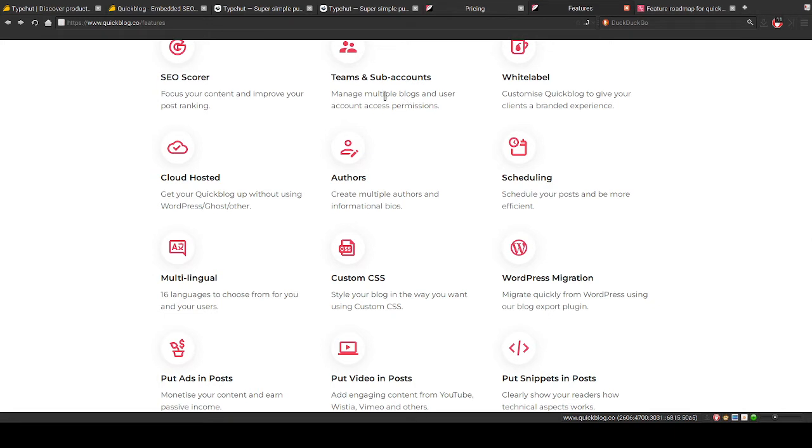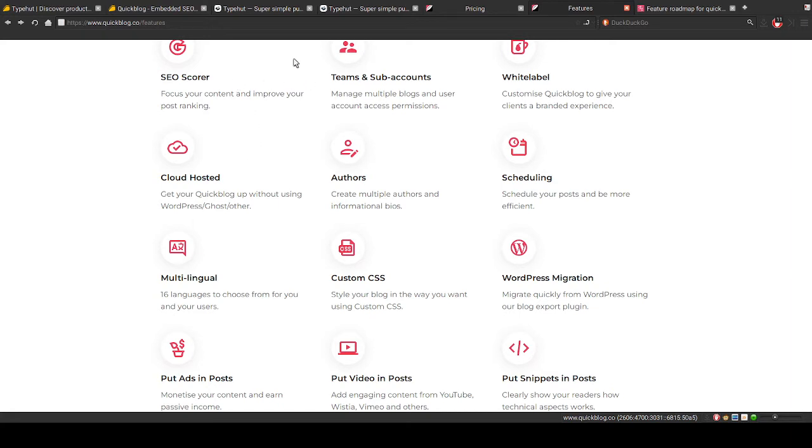I was trying to help my girlfriend work on her blog, and I really wanted to control everything from a top level so that I can do all of the IT and web stuff, and then just have her sign in and make her posts. But I didn't really see an easy way to do that in Typehut, whereas in QuickBlog, I can just set up her blog and then assign her as a user, and then she can just sign in and make her blog posts, and I can worry about integrating all of that into the website and keeping her blog up and running. So I do think QuickBlog is a little bit more of a full platform,